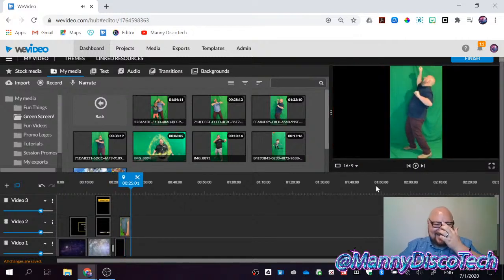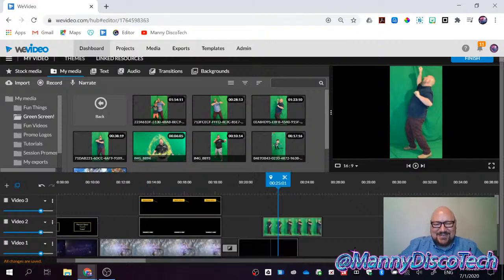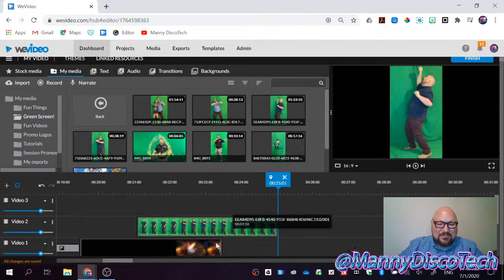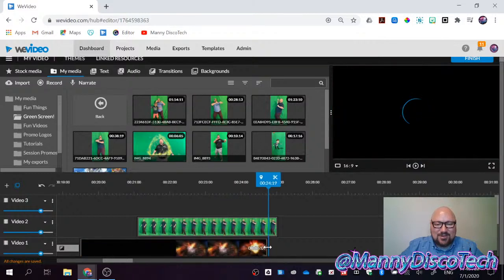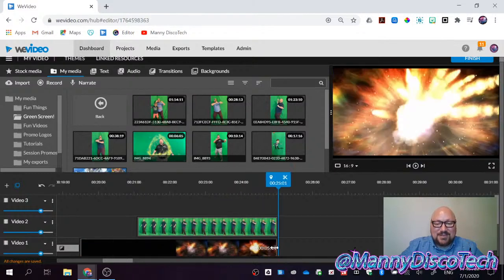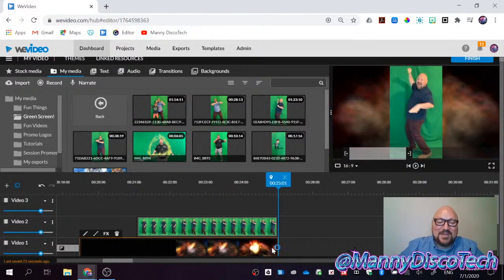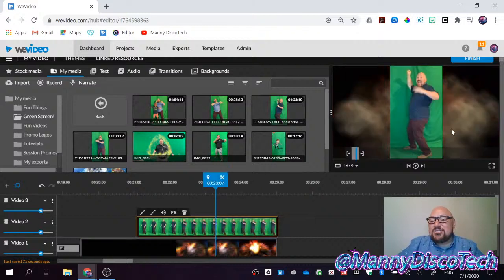Okay. All right, so let me zoom in. I need a background. So I'm probably going to have to make this longer, and I'm going to have to add the other sound, but I don't know. Anyways, okay, so you have the green screen. Notice that you cannot see the layer that's behind it because I recorded with my phone that's looking like this.